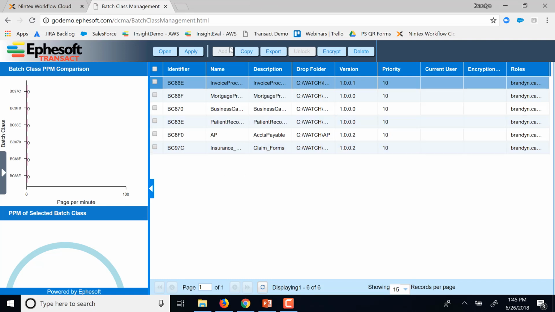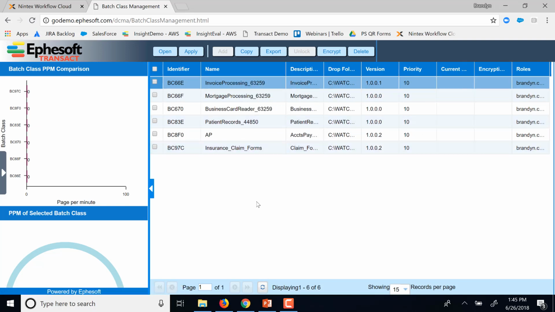So I'm here in the batch class management user interface, where I can see a list of all of the batch classes that are available to me as an administrator to this particular Transact server. Now the key batch class I want to identify here is this insurance claims form batch class that we created specifically for working with insurance claim forms. So I can see that the identifier is